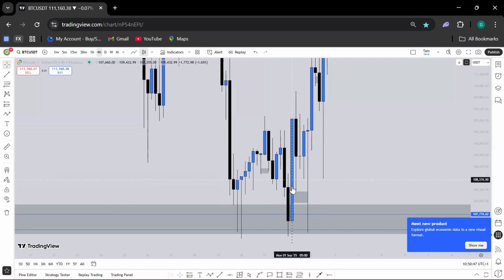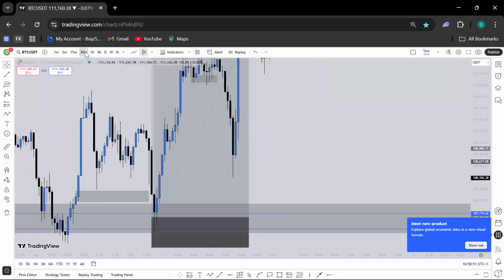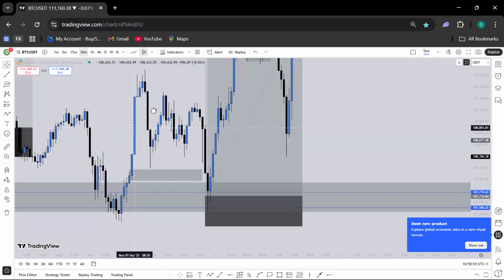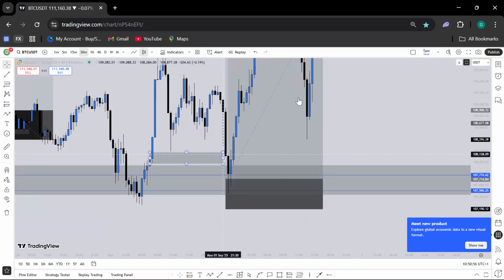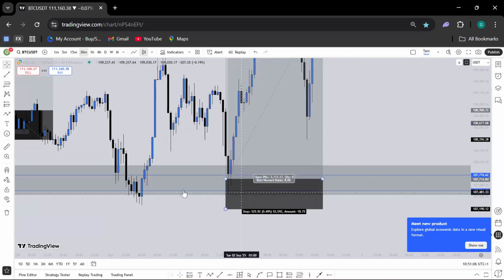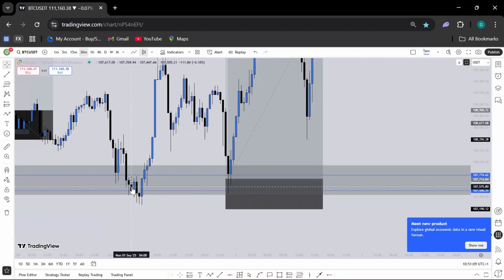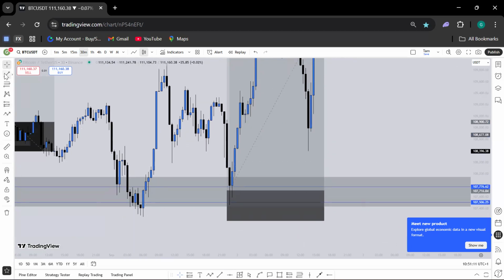Price did give me the presence of this bullish engulfing candle and scaling down all the way to the 30 minutes, right? I did scale down and then this was literally price giving us a tap. Price did give us a tap straight up into this 30 minutes level. A lot of persons would have been tempted to scale into this point. They would actually want to give the benefit of the doubt to be on this particular